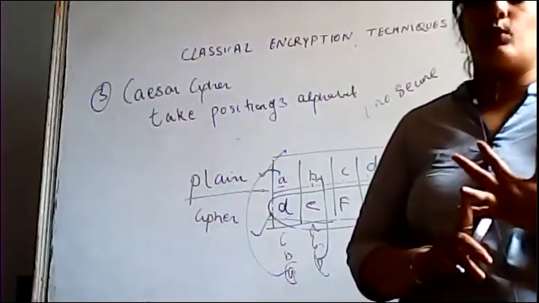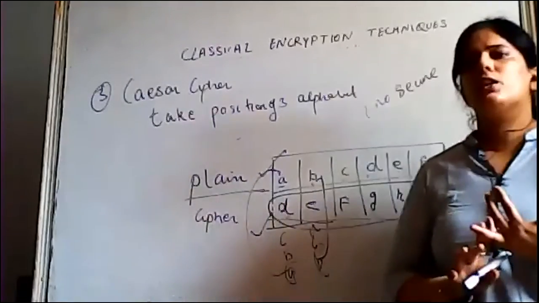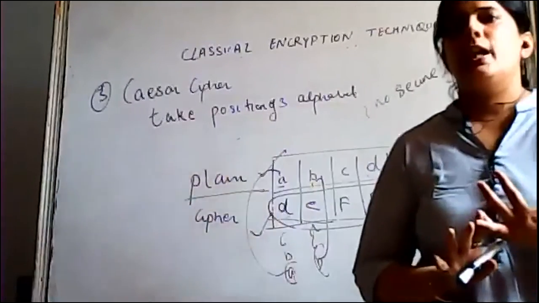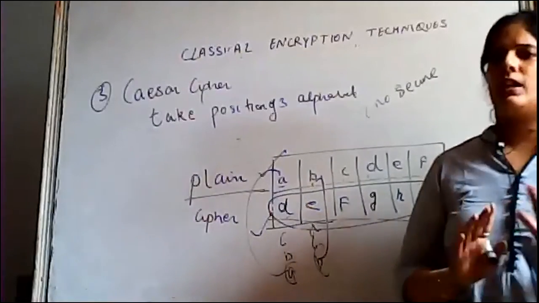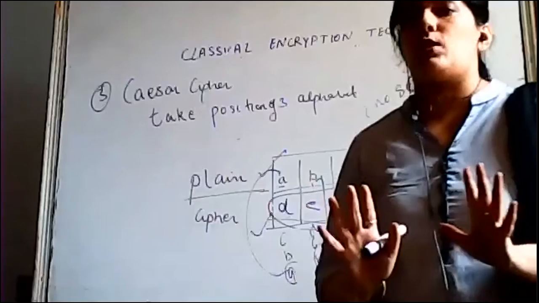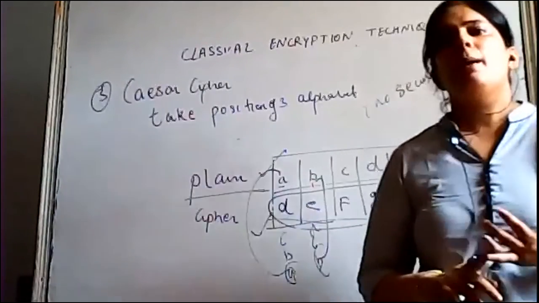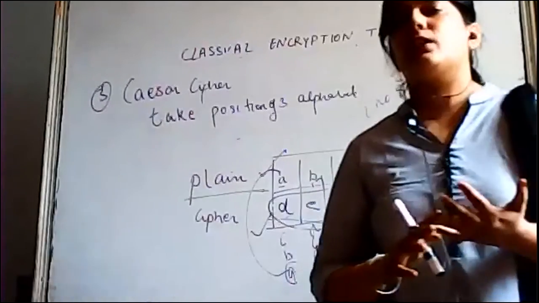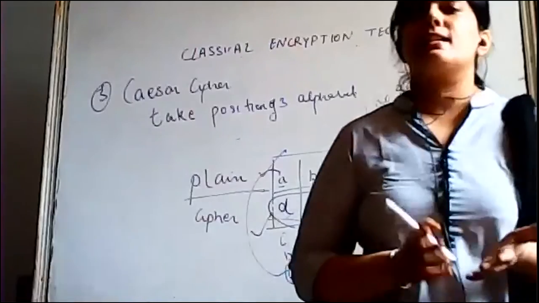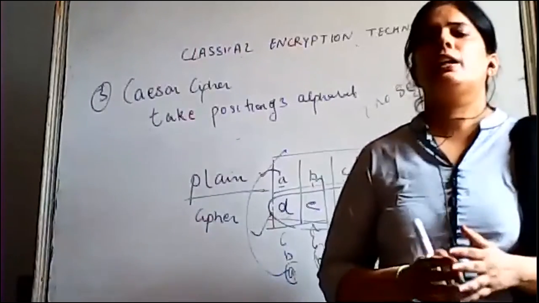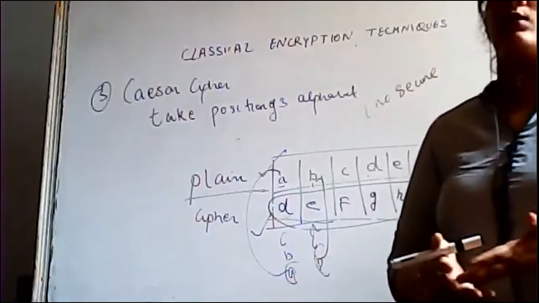One was the monoalphabetic, in which single substitution was used, and the type of relation we follow is one way. Whatever character you are substituting, that should remain the same throughout the process. Polyalphabetic में क्या है? You can have many different methods, different alphabets for the same type of thing. Like in that case, M was represented with N, and later on when you get M again, you can represent it with some other alphabet.